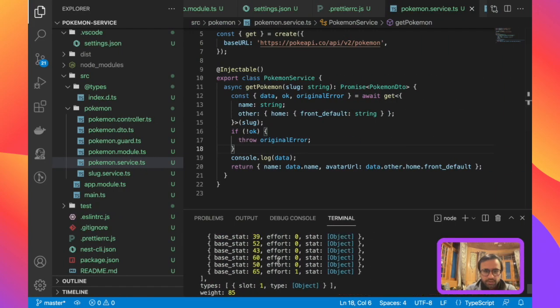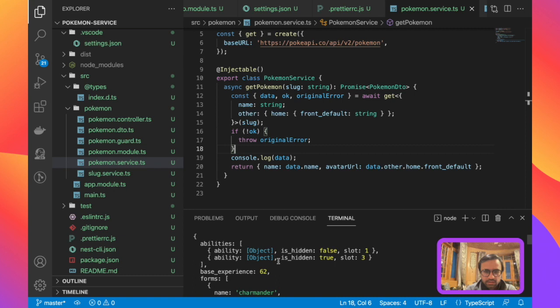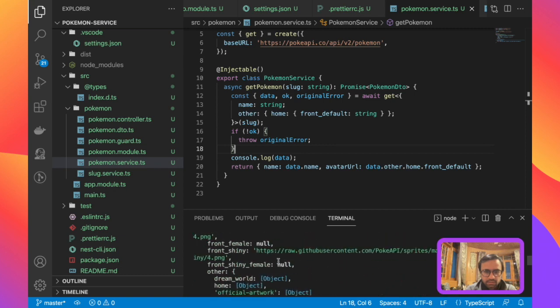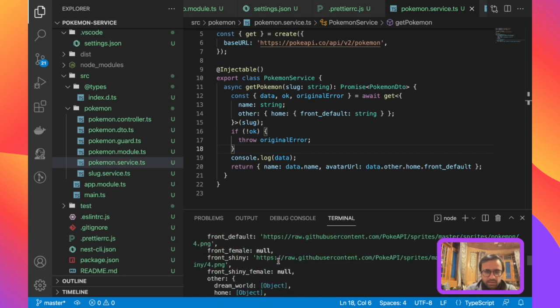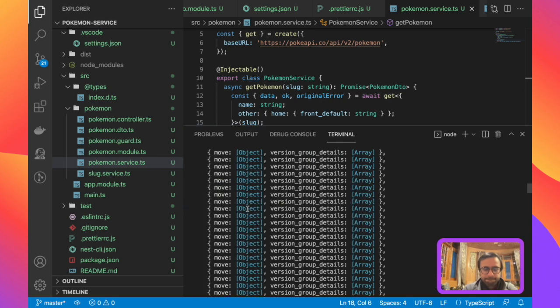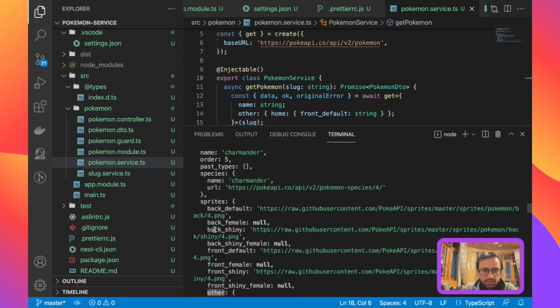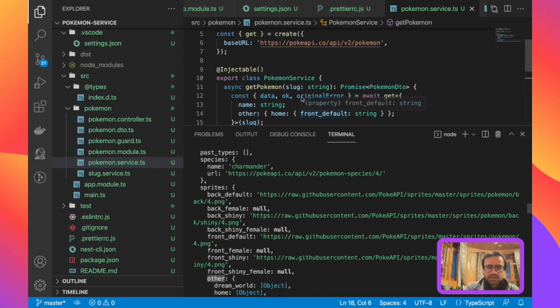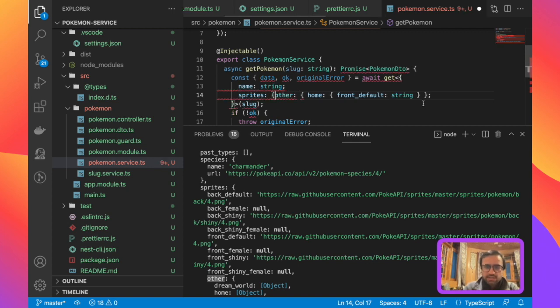Okay, let's see. We have sprites here, moves here, abilities. It doesn't have other here. Okay, why? Okay, it does have an other, but it probably falls under something. It falls under sprites. Okay, interesting. So it falls under sprites,